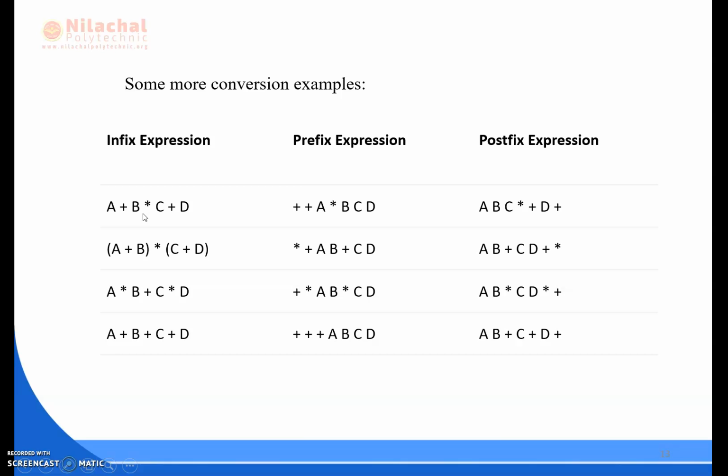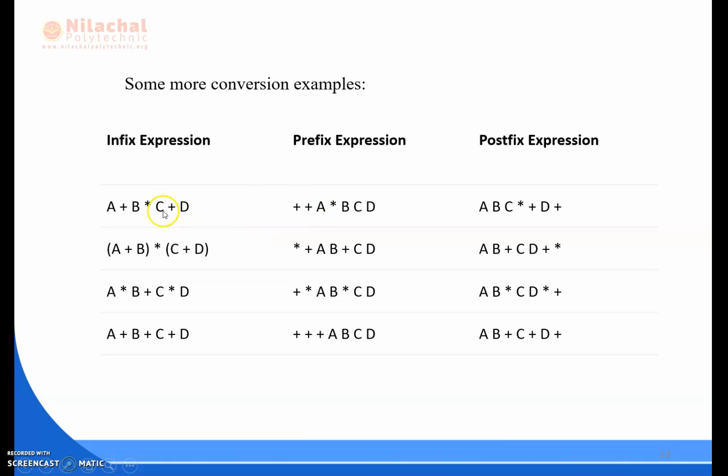In prefix notation, it will be written as multiplication sign BC. So this is now one operand. Now we have A plus multiplication sign BC as one operand, then plus D. So we have three operands and two plus sign operators. We will be moving from left to right and solving A plus multiplication sign BC. So the plus sign will be written first: plus A multiplication sign BC.